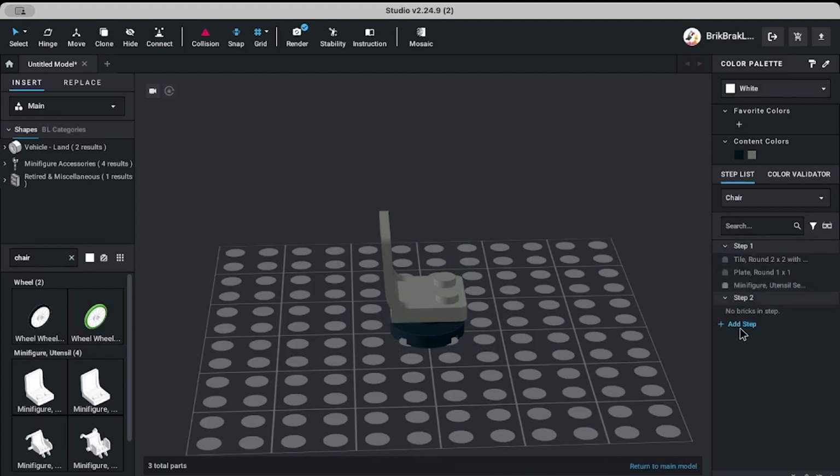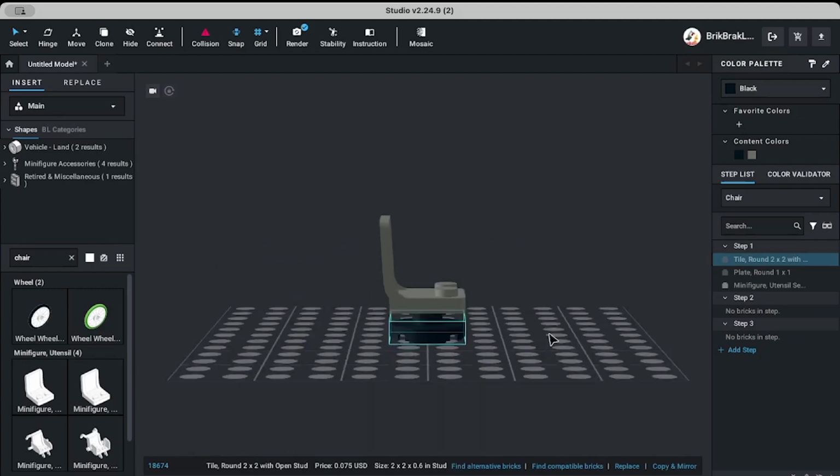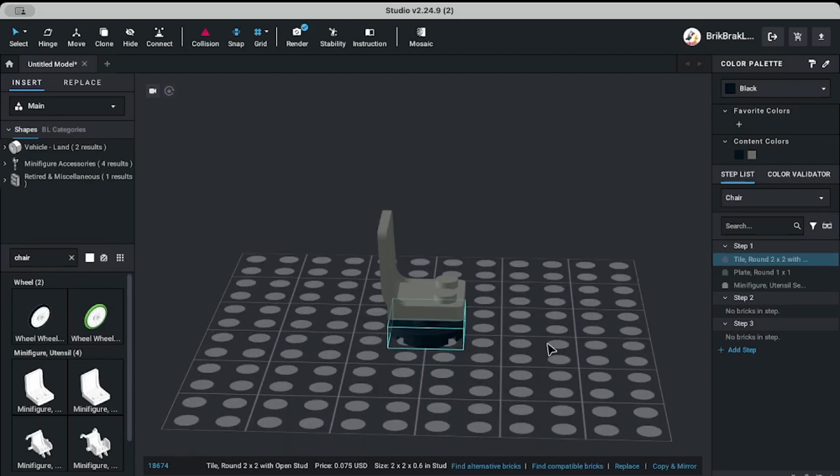I can. I just hit add step, and I'll create 3 steps. So the first step, because I and most people who build with Legos typically try to build from the bottom up because it's just easier, I'm going to start with the bottommost piece, the piece that sticks to your base plate,